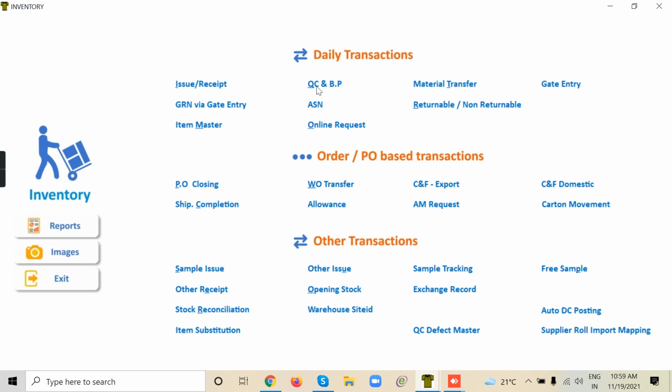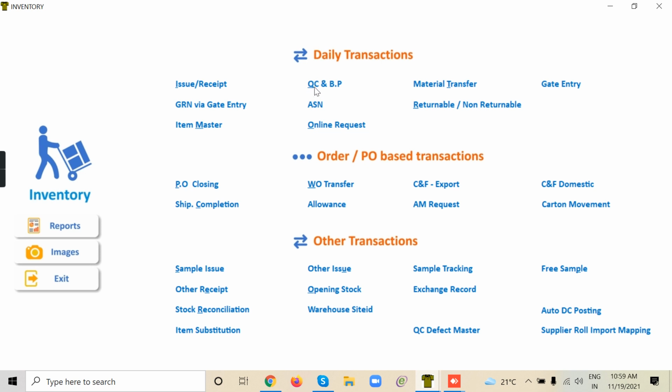QC and BP is quality control and bill passing. After receiving a material, that material stock will not be active stock. You have to make a QC entry and identify that stock as passed or rejected, and only then will it get accepted.